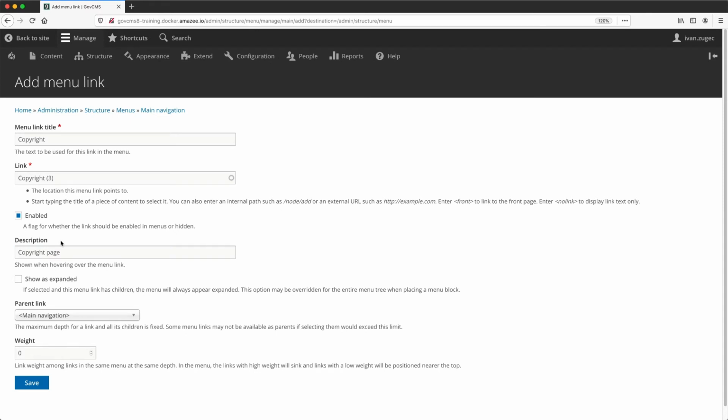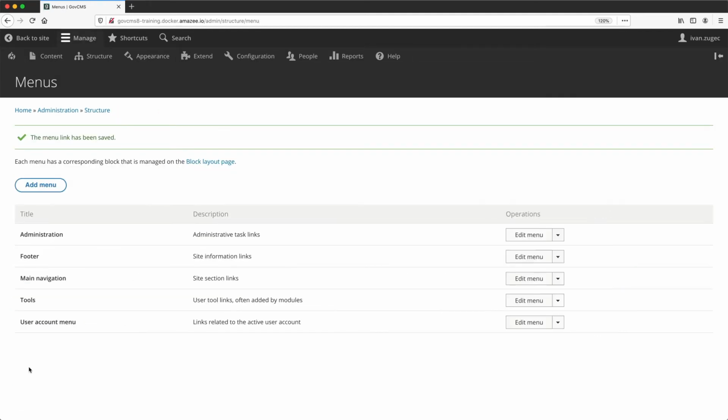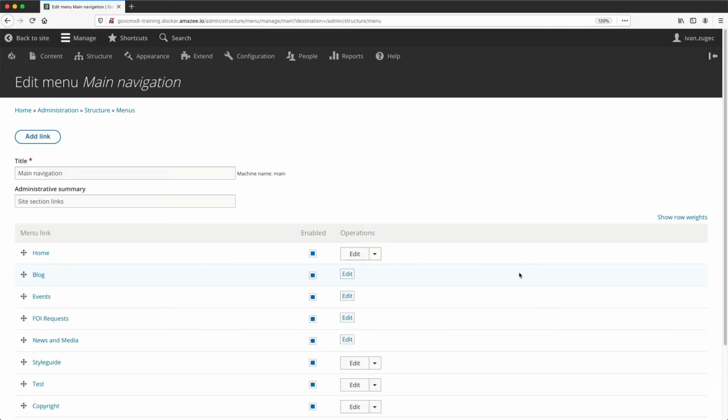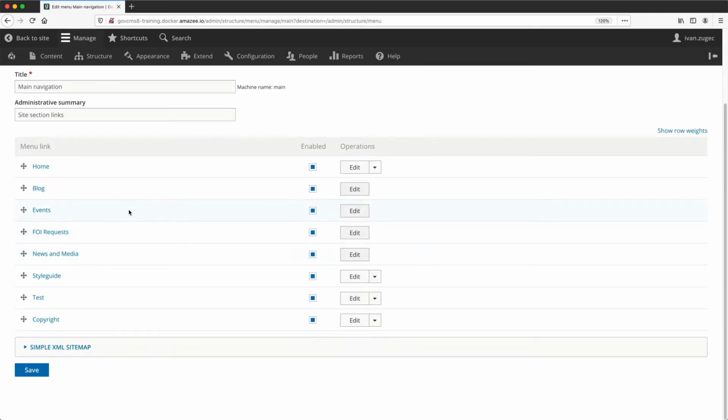This description will appear when you hover over the menu, and then make sure the parent link has main navigation selected. This should be pre-populated, so leave it as it is, and then scroll down and click on Save. And if we go back into the main navigation menu items, we can see the copyright page down here at the bottom. And if I open up the home page in a new tab,